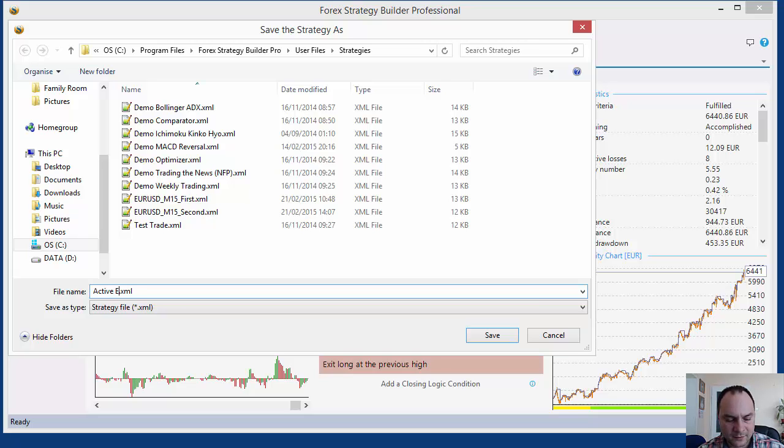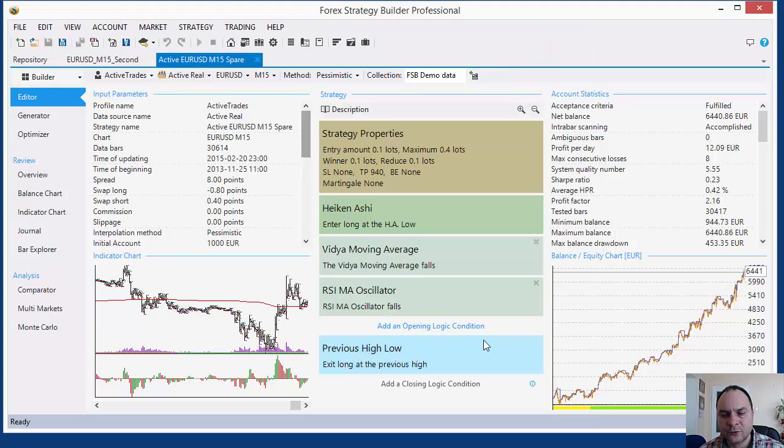Active EURUSD M15 spare. Okay. I will see what to do with that. If the strategies fail, I can use that one. Okay, so we're ready with our EURUSD strategies,